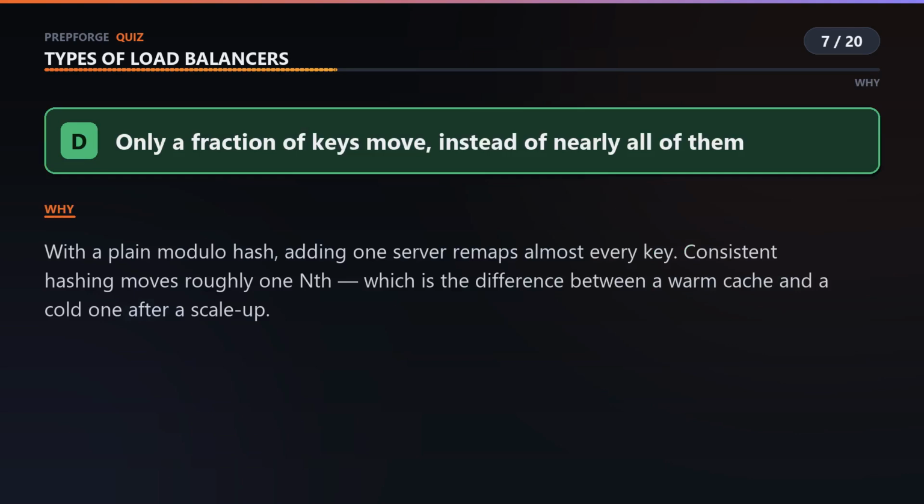Hash modulo the number of servers, add one server, and almost every key now maps somewhere new, which means every cache is suddenly wrong at the exact moment you were scaling up because you were under load. Consistent hashing moves only about 1/10 of the keys. It's the difference between a scale-up that helps and a scale-up that causes an incident.